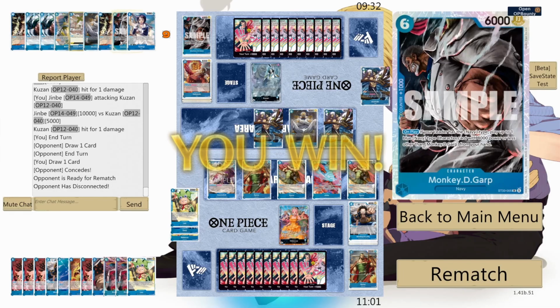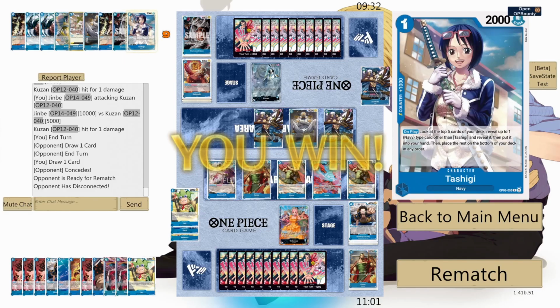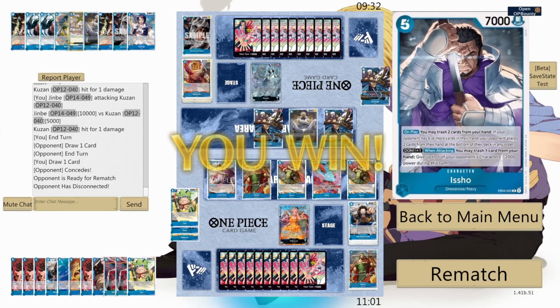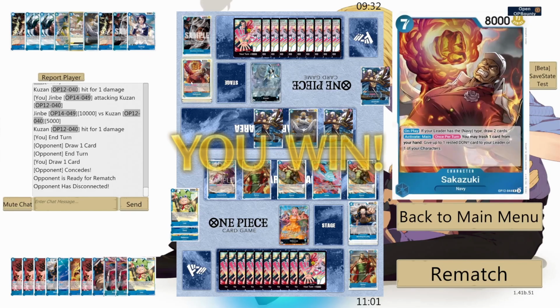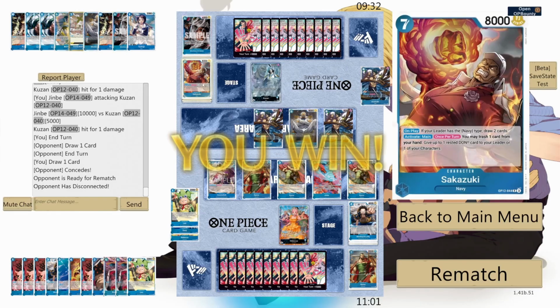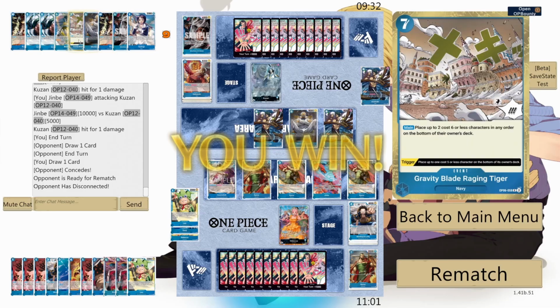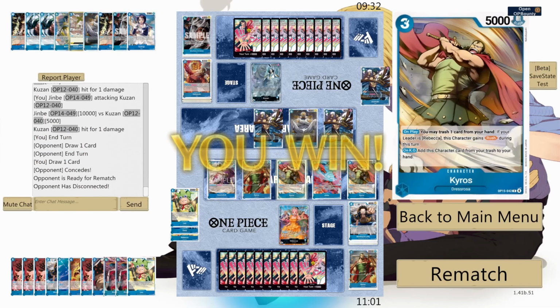He'd have gone... Obviously, I'm not a Kuzan player. What I'd have done is probably searched out the Aramaki and then done this one into Sakazuki. But also, this would have been a good play. Bottom decking a Kyrus and a Cavendish. And then...